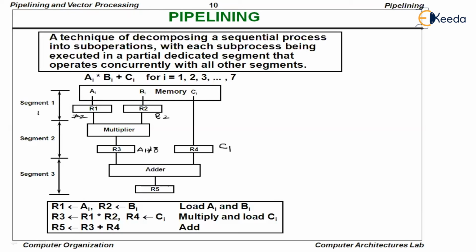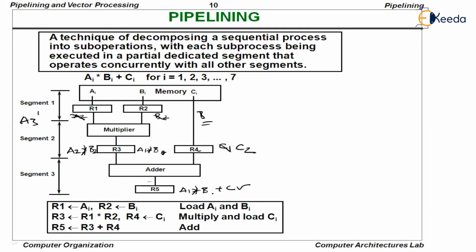In the third clock cycle, R5 will give you the first output. That is A1 into B1 plus C1. In the third clock cycle, R3 will get A2 into B2. In the third clock cycle, R4 will get C2. In the third clock cycle, R1 and R2 will get A3 and B3. So you can clearly see right from the third clock cycle onwards, we will have a continuous output from the